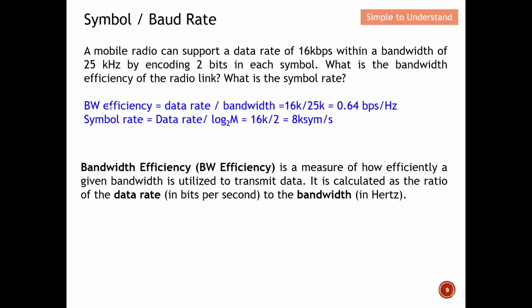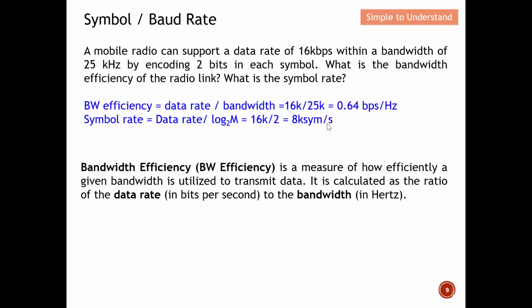Next we come to the essential part of this discussion, which is the symbol rate. So what will be the symbol rate? It is the bit rate, or data rate, divided by K, where K is the number of bits that can be represented by one symbol. For example, here one symbol is equal to 2 bits, so K equals 2. And the total bit rate to send is 16. So from here, I can compute that the symbol rate is 8 kilosymbols per second.